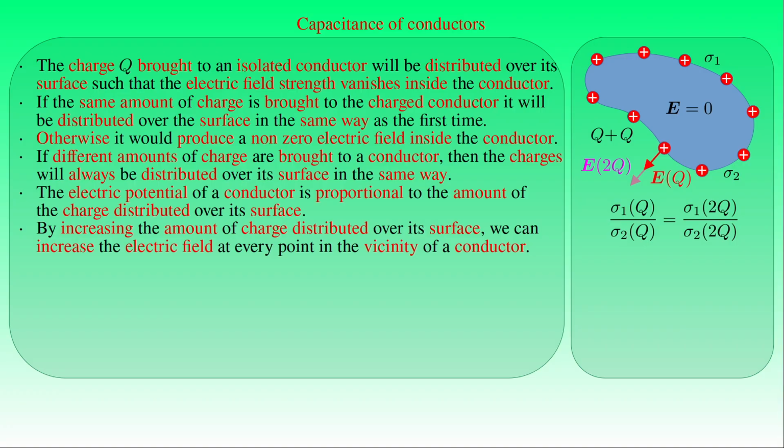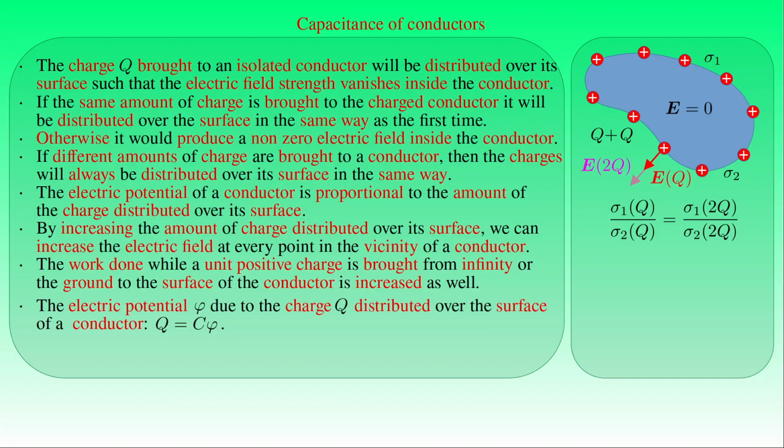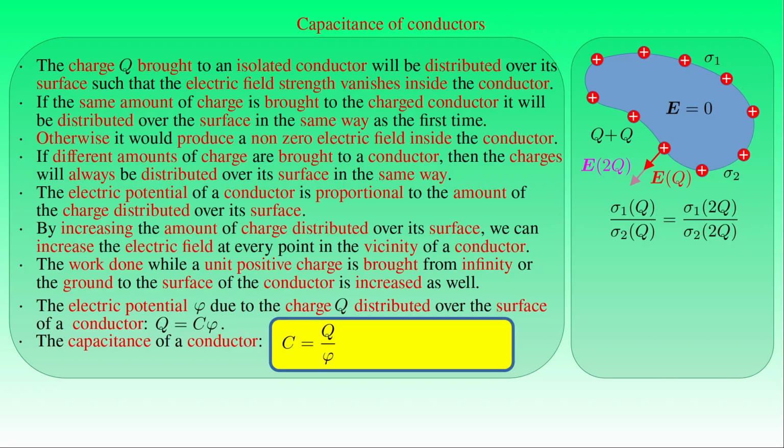Then the work done while a unit positive point charge is brought from infinity or the ground to the surface of the conductor, that is, the electric potential due to the charge distributed over the surface of the conductor, is increased as well. This finding can be formulated by stating that the amount of charge Q on the conductor must be directly proportional to the electric potential phi of the conductor, where the proportionality constant C is called the electric capacitance of the conductor. The capacitance C of a conductor is determined by the ratio of the amount of charge Q to the potential phi,